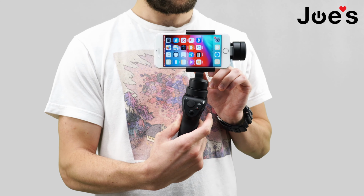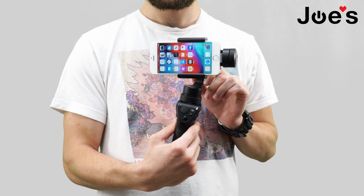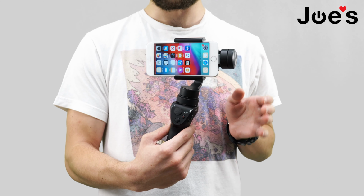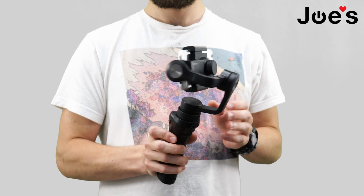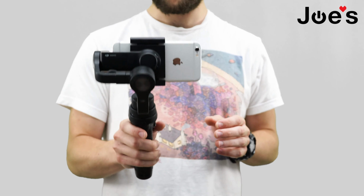There's a sensor on the gimbal that checks to see if the phone is in place. If your phone is not placed in there, the gimbal will just go loose and it will just fall down, and it'll be waiting until you put your phone into the gimbal. If your phone is in the gimbal, it'll now engage all the motors for the gimbal and it'll hold your phone steady. Now, we want to go into the app,